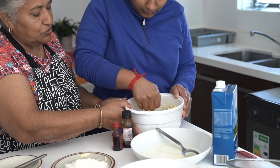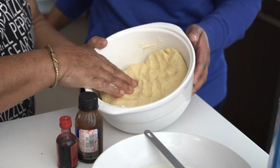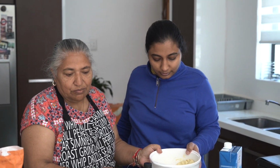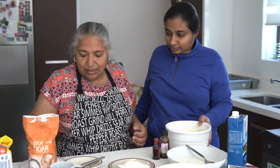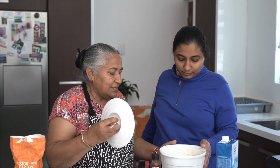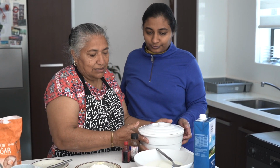Now that your dough is done, not a very sticky dough, you can always adjust your dough with sour milk and not with extra rama. Otherwise you'll end up getting flat snowballs. Put a lid on it, and we'll let it rest for about 10 to 15 minutes. In the meantime,